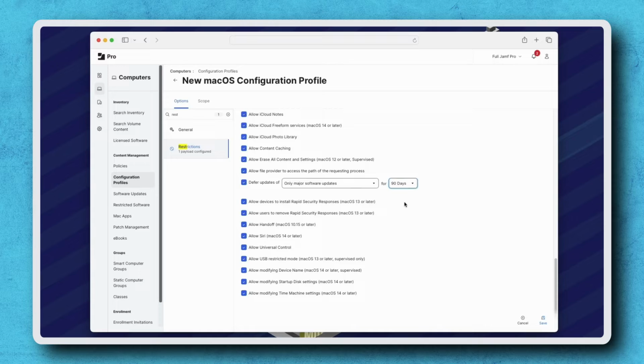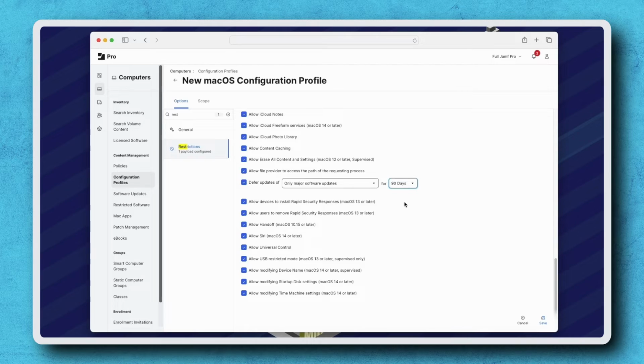It's important to note that even though we are only enabling a deferral for software updates, once a restrictions payload is enabled, it will apply any setting that is part of the entire payload. While this shouldn't cause problematic behavior since the settings mirror the default system behavior, it's important to be aware of what settings are included, so be sure to review the other tabs before moving on.